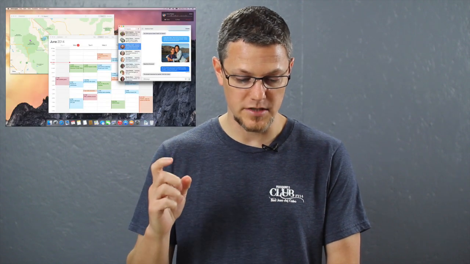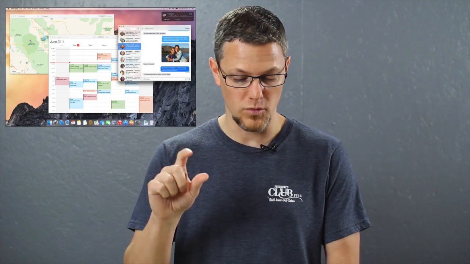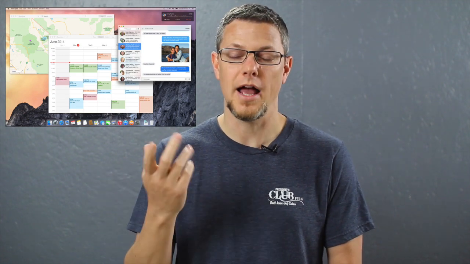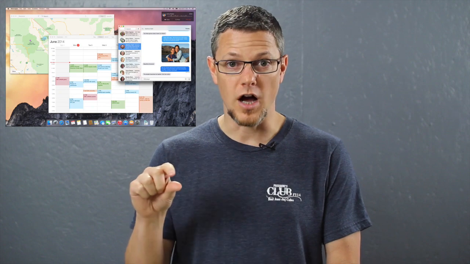Yosemite. First of all, they've got a new Aqua interface. It is being updated. It's got a lot of really cool new transparencies behind the windows, and a whole new set of icons, kind of like iOS 8-ish or iOS 7-ish icons for your dock bar,